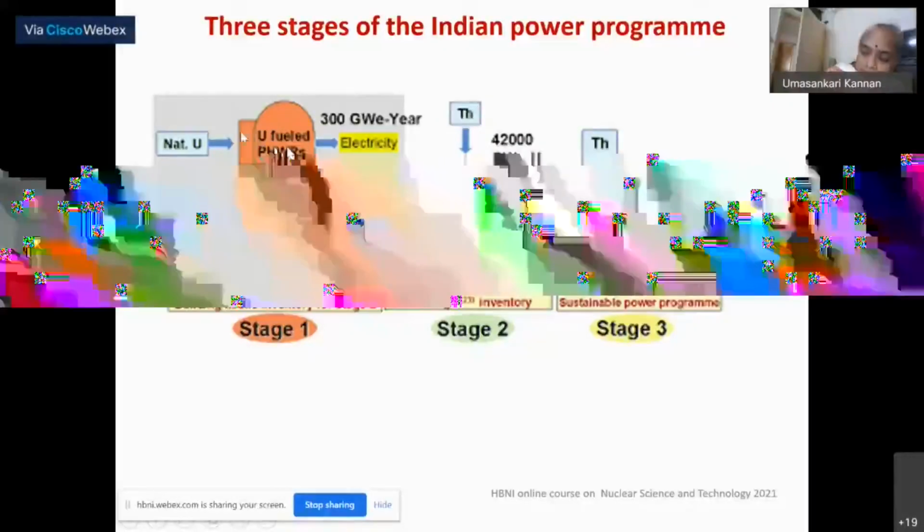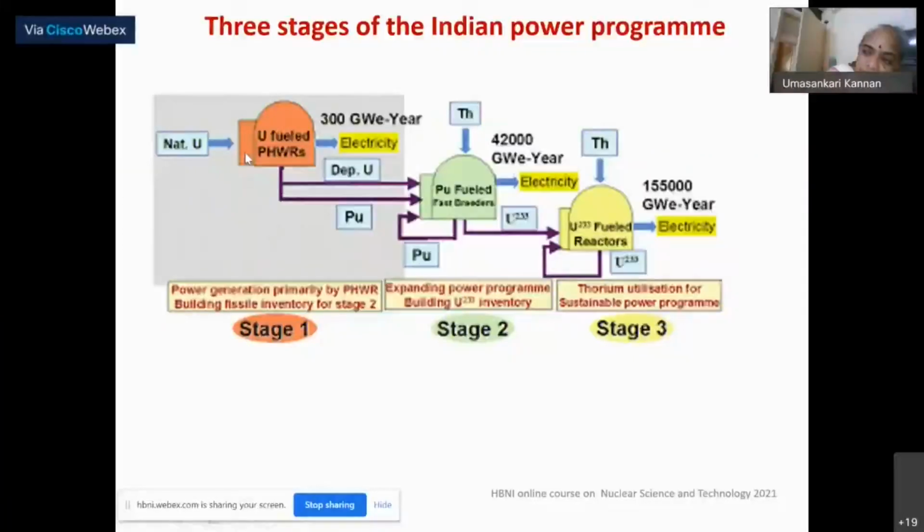I have already mentioned to you that you start with 0.71% natural uranium, uranium-235, which depletes to around 0.2% or so. So the depleted uranium also you get from here, and the plutonium also you get from here. These both go into the fast reactor, and fast reactor can use a thorium blanket surrounding the core. This blanket will start breeding U-233, and the plutonium which is discharged can have the potential to go back